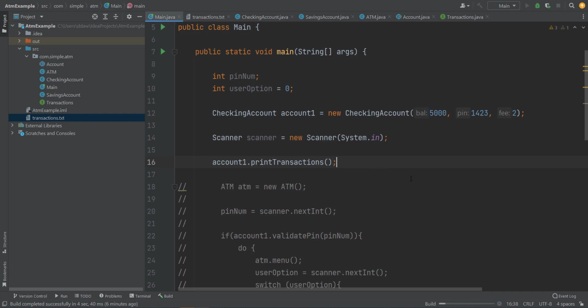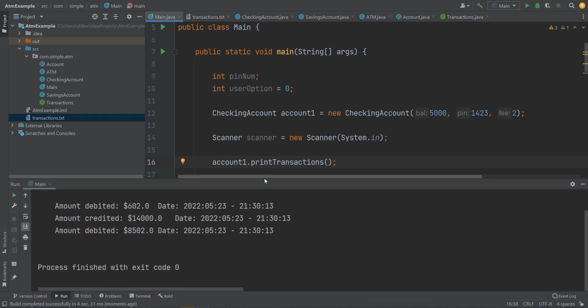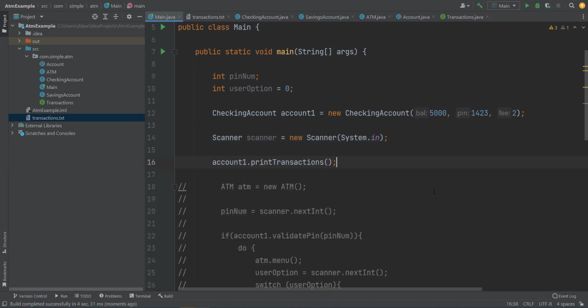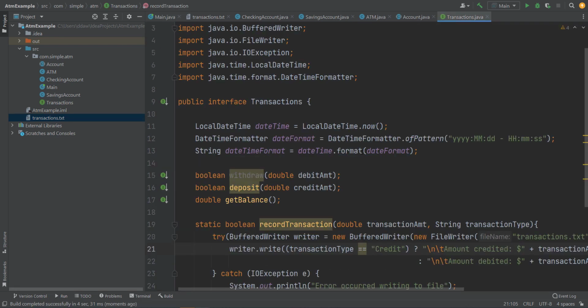So let us do a Shift F10. All right, and we see that we are now able to read the contents of our transactions.txt file to the console. All right, so with that, we have successfully implemented our simple ATM program, one that has an interface called